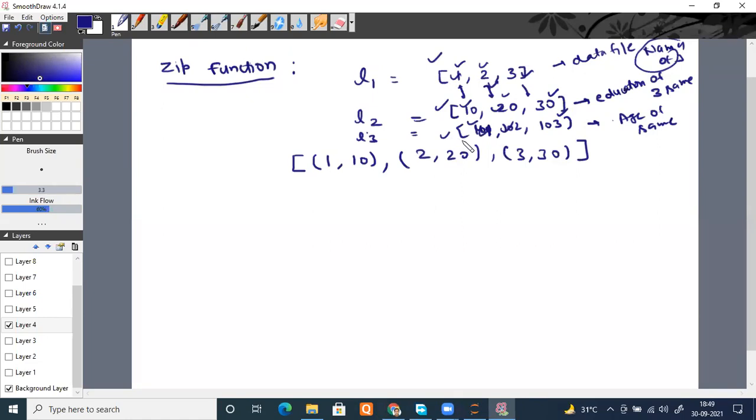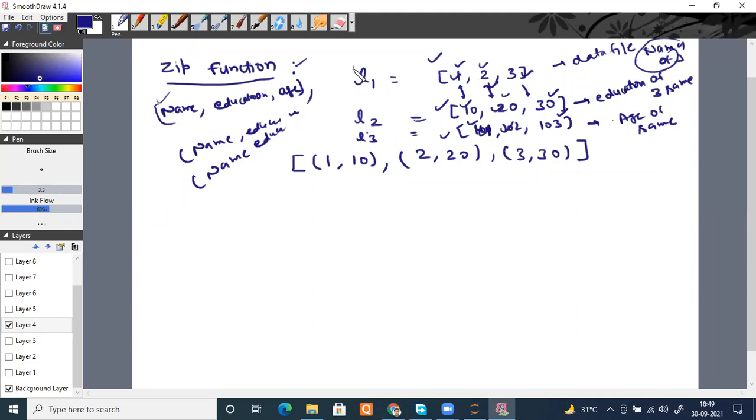I want user-wise information now, in one place. It should be his name, his education, and then his age at one place, like this. First, for the first person, a tuple, so that nobody can modify it. Second person, again name, education, age. Third person, again name, education, age. Right? So you get an idea.